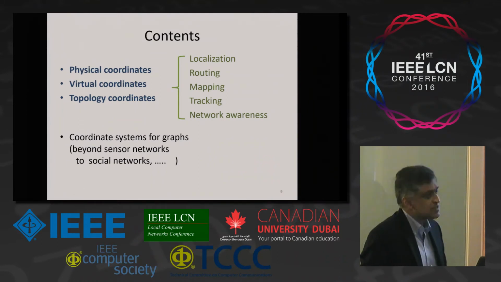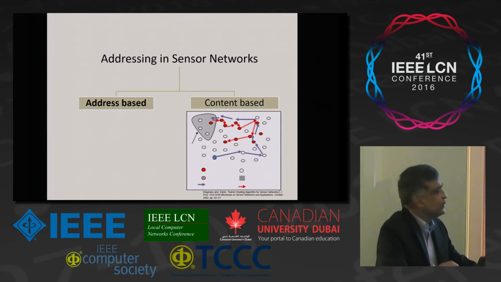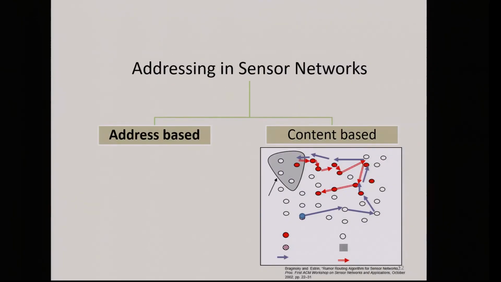So let's start with sensor networks, and we'll gradually go from there. In sensor networks, how do you do addressing? In the early days of sensor networks, and there are still such networks, the argument was, well, these networks are going to be complicated, and the nodes are going to be fairly primitive, and therefore we don't want to even allocate an address to these things. There are schemes like rumor routing and gossip routing that were developed. In this case, the nodes don't have any addresses. The address really is content. So this red node has something to tell to the others.